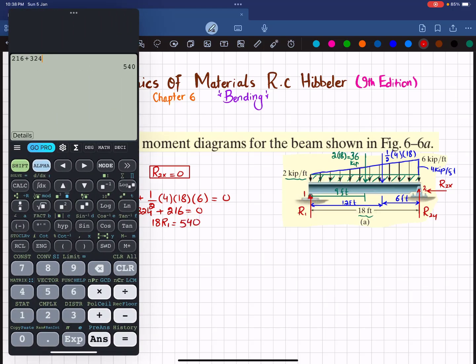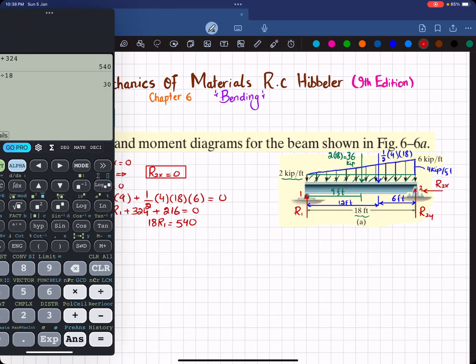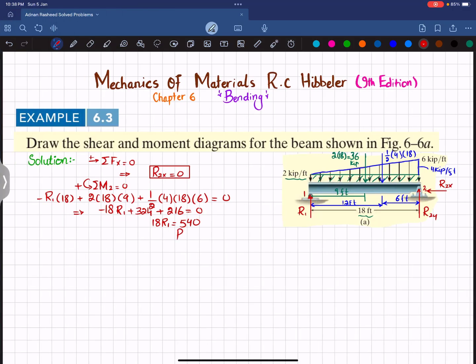So if you divide this answer by 18, you will get 30. So from here R1 is equal to 30 kip. Now you have this R1, so we will find this R2y by using the third equation of equilibrium, that is